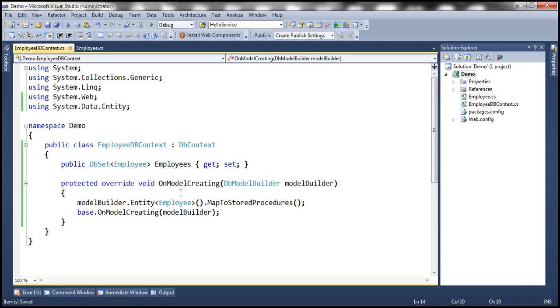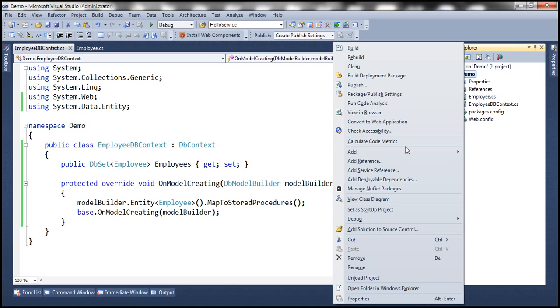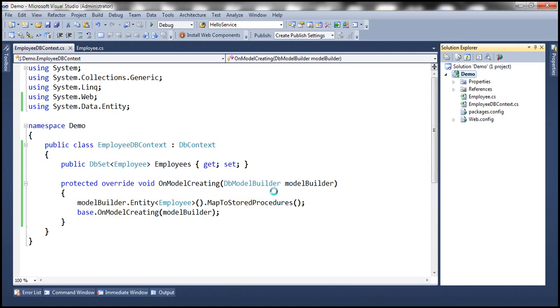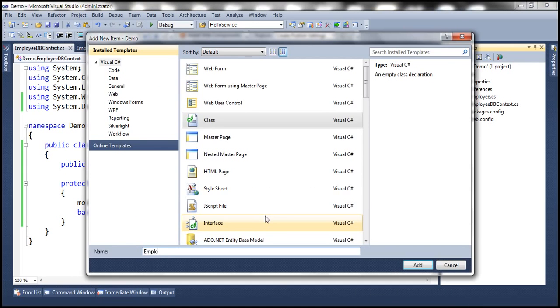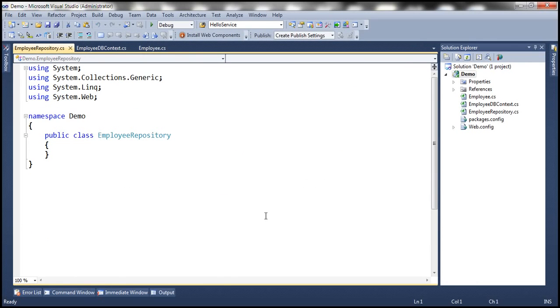Alright, and to this project we are going to add another class file, and let's call this employee repository. And this file is going to contain the methods to select employees, insert, update, and delete employees. So first of all, at the class level, let's create an object of type employee dbcontext,